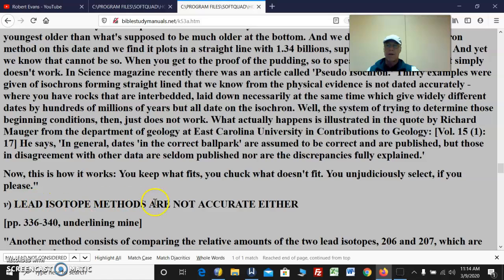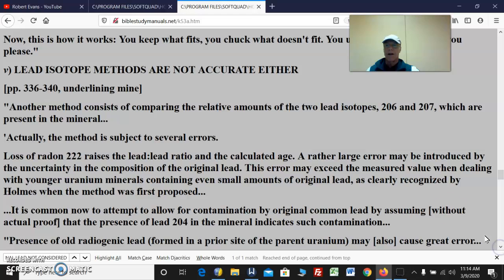So, lead isotope methods are not accurate either. So we have lead isotopes. Another method consists of comparing the relative amounts of the two lead isotopes, 206 and 207, which are present in the mineral. Actually, the method is subject to several errors. Loss of radon 222 raises the lead ratio and the calculated age. A rather large error may be introduced by the uncertainty in the composition of the original lead. This error may exceed the measured value when dealing with younger uranium minerals containing even small amounts of original lead,